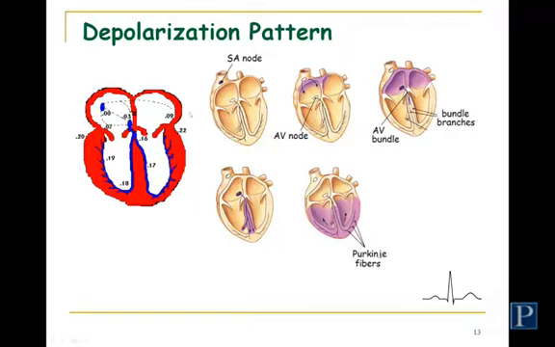The atria depolarize within about 90 milliseconds completely. All of them depolarize within 90 milliseconds. You get a 130 millisecond delay at the AV node. So it's going to go from the AV node through the bundle of His, then down to the bundle branches, the right bundle branch, the left bundle branch, and it moves down towards the apex, then up towards the base, and terminates in those terminal Purkinje fibers.